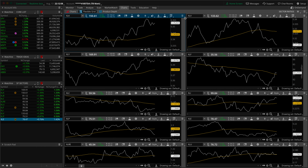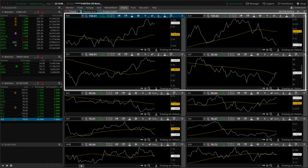Let's take a quick peek at the sector chart. If you're not familiar, this is the ratio grid. You can set it up by watching the tutorial in the top right-hand corner. The top four are our risk-on sectors, and I would certainly start to argue that we've got 3 out of 4 playing nicely. XLK obviously looks great,